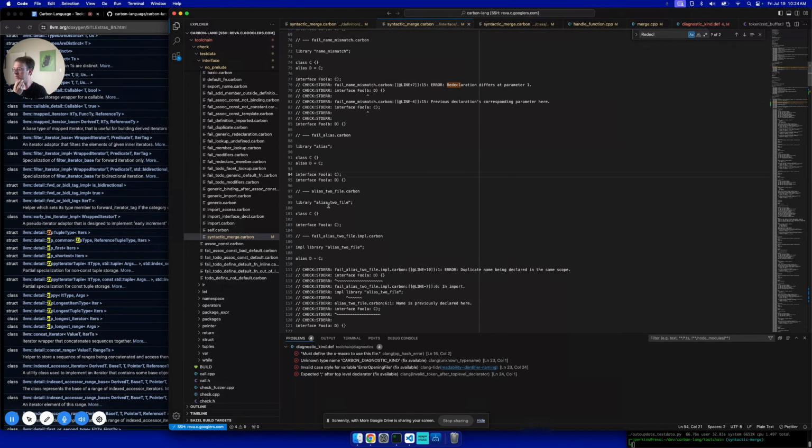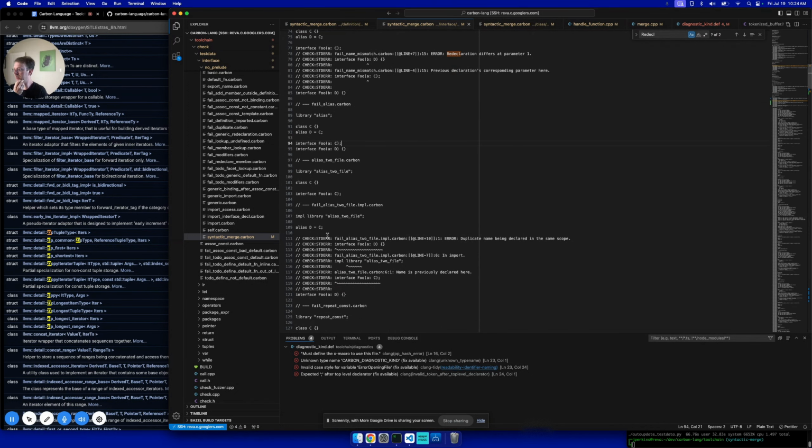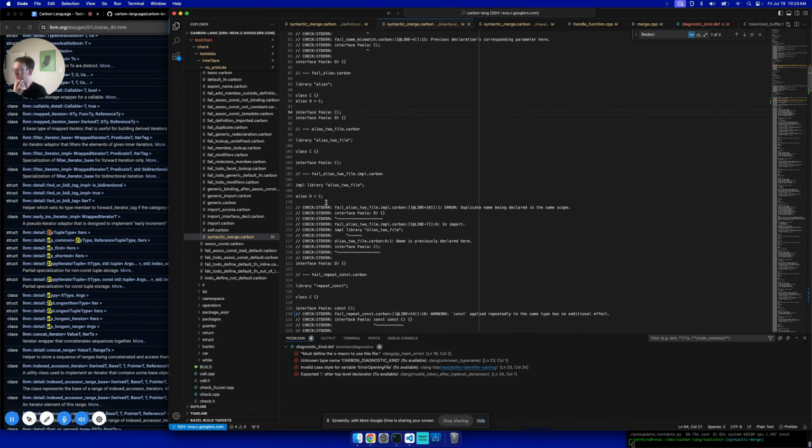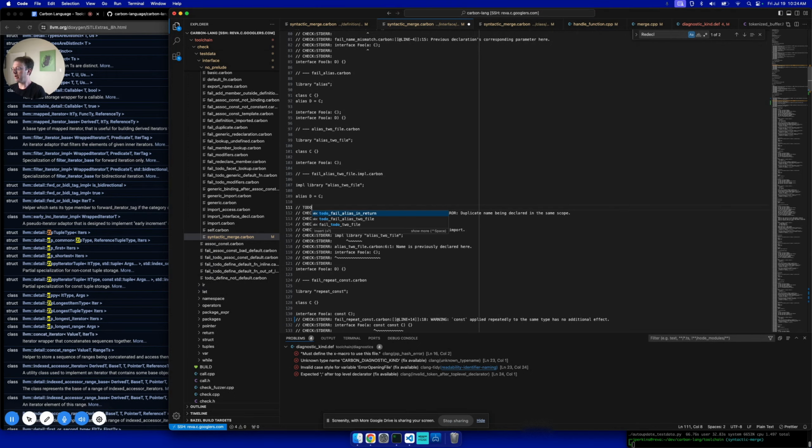Similarly, that is missed there, and it shouldn't be. I will put a to-do here, because importing interfaces doesn't work well. It should fail